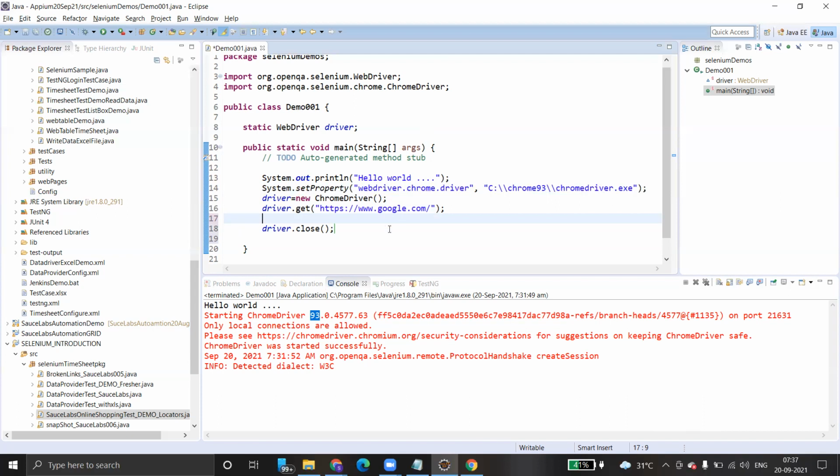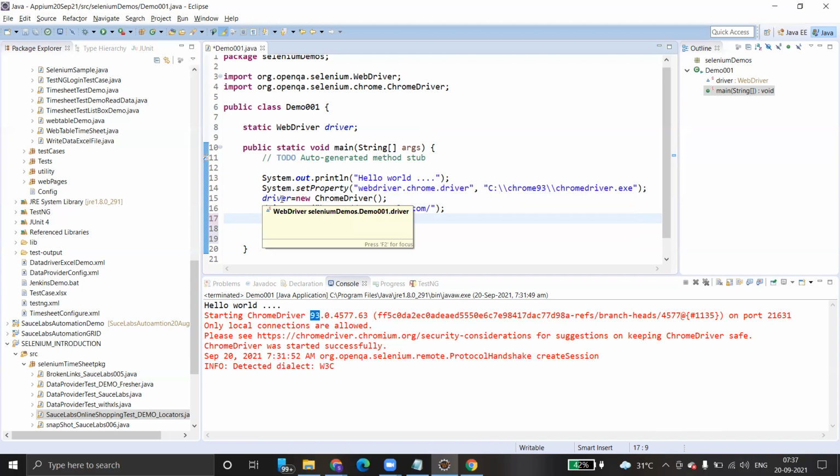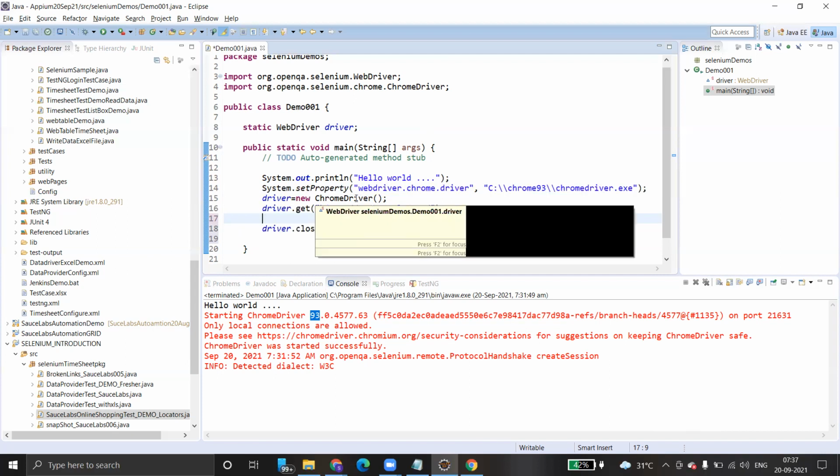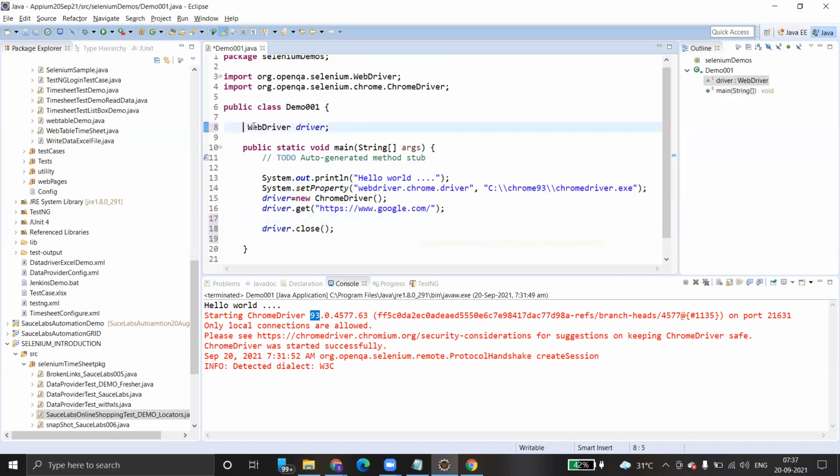And what happens if we don't make it static? It still works, but it does not recognize it, because we are creating a new reference of the Chrome driver and assigning the new ChromeDriver to the driver. So automatically a new reference will be created. Then it won't recognize, and you will get an error. See, remove this one, and we got an error.